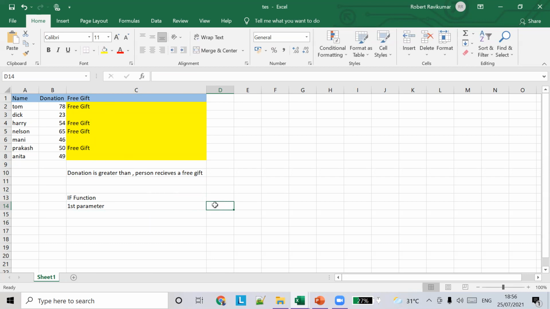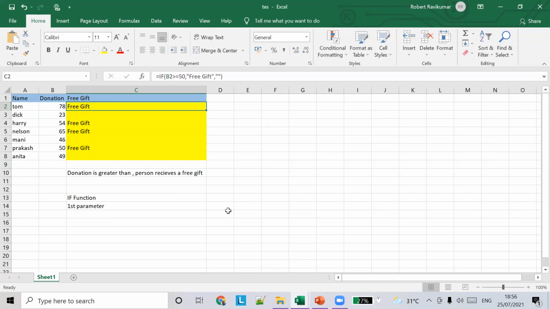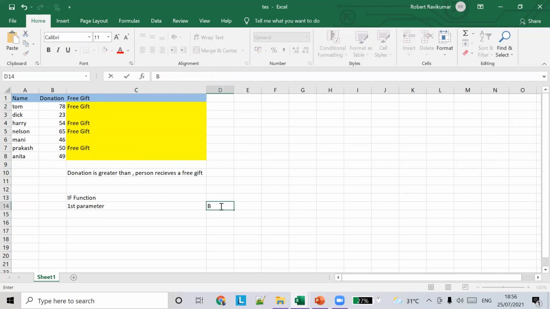So what is our condition here? The condition is B2 is greater than or equal to 50. So this gives a true or a false result, right?